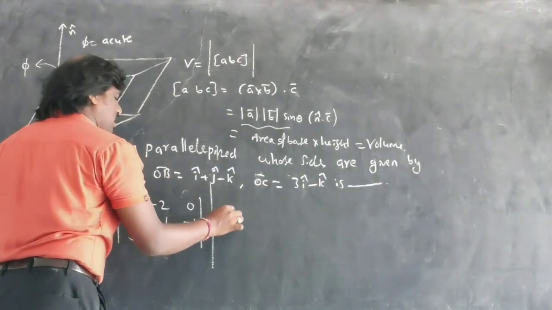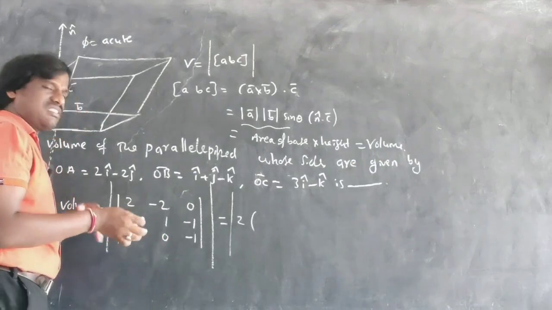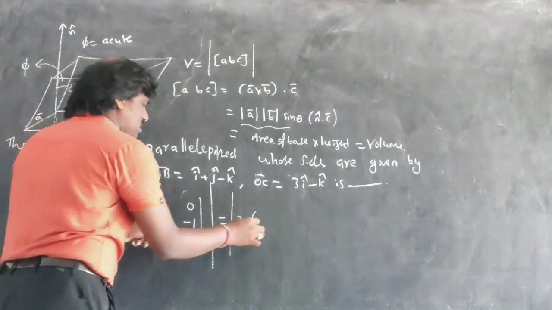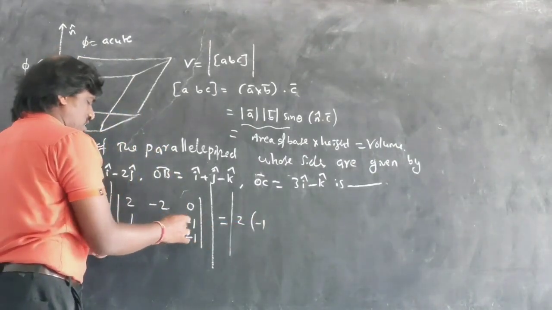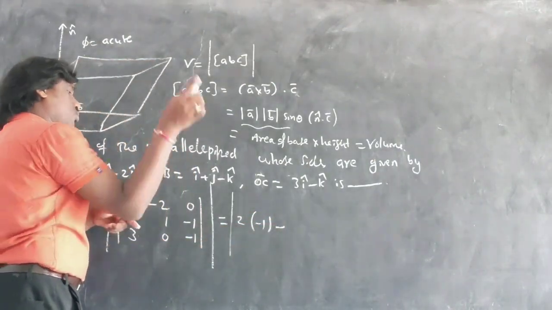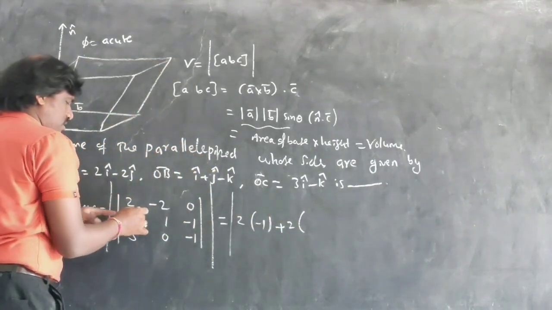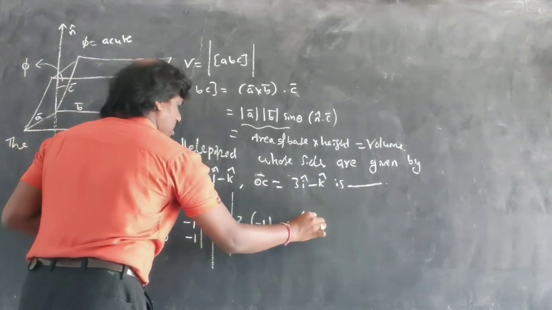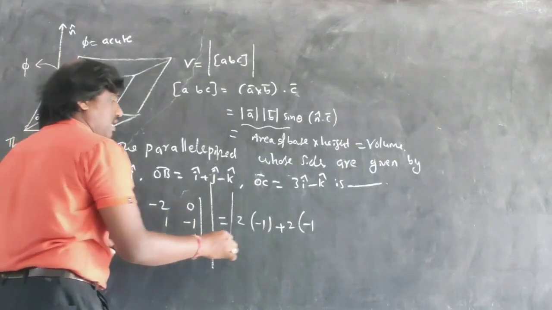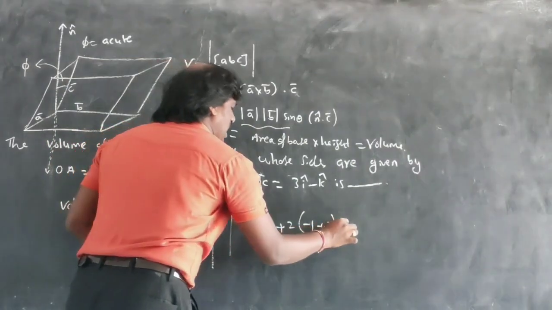So this value will give you the result. Everyone knows this determinant. So 2 into 1 into minus 1, 0 into minus 1 into 0 is 0, and minus, already you have minus 2, so you will get minus of minus, plus 2, and you can close this one, 1 into minus 1 minus 1, and minus into minus plus, 1 into 3 is 3, and plus you have 0.